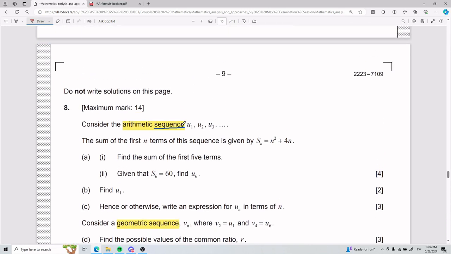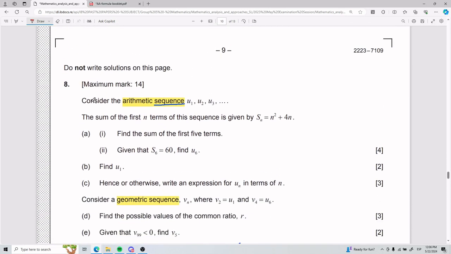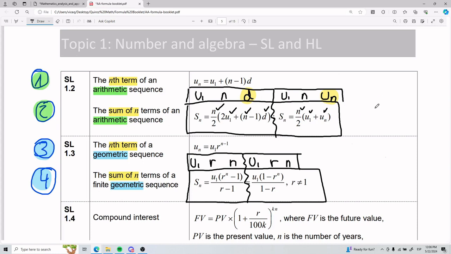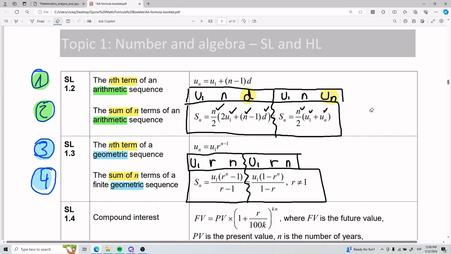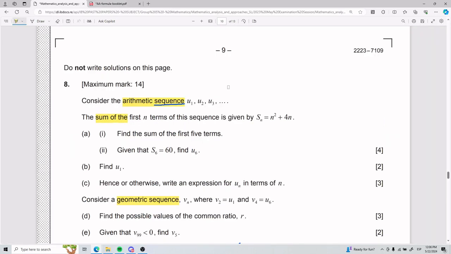In general, the procedure you should be doing is that you read buzzwords. You read, for example, arithmetic sequence, or you read, for example, sum of first, and boom, you're already thinking, okay, so the tools I'll be using are these over here. Now, this exercise is a little bit different because they actually give you